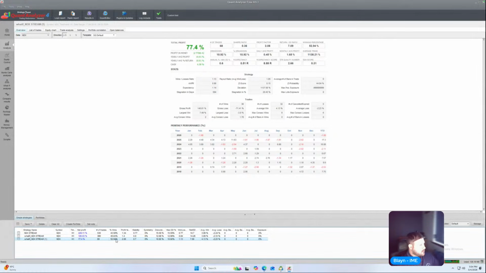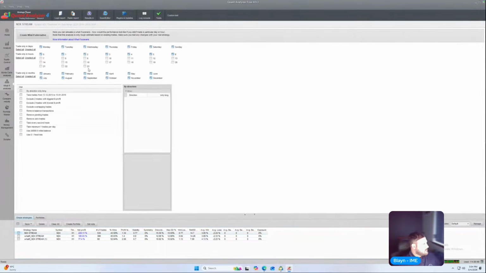So the Asian one did really well in 2025. 17%. So that means we've lost 17%. And then just the American session, we've lost 3. Okay, interesting. So if we just take away sort of London,